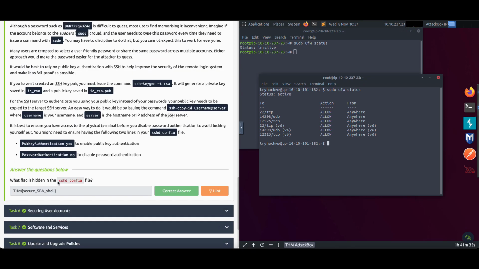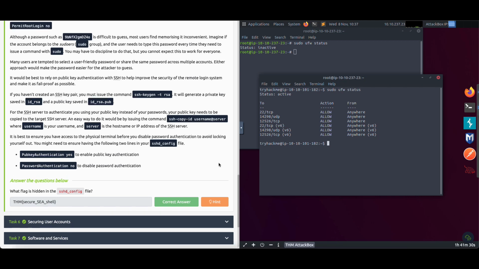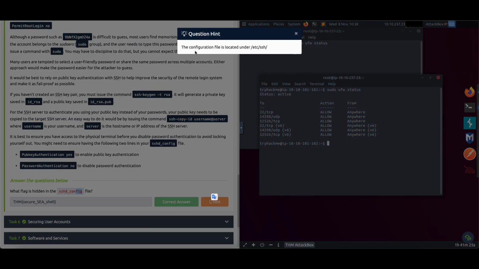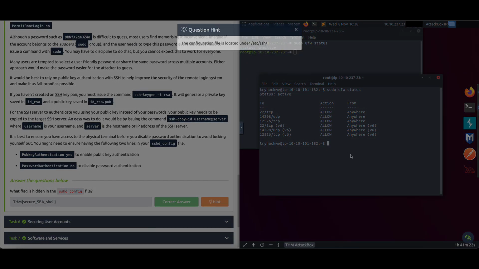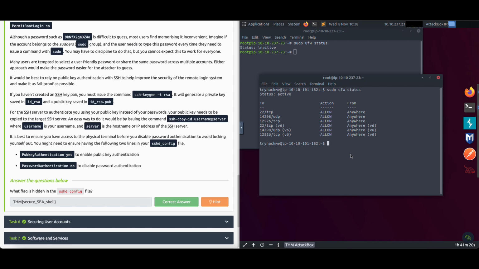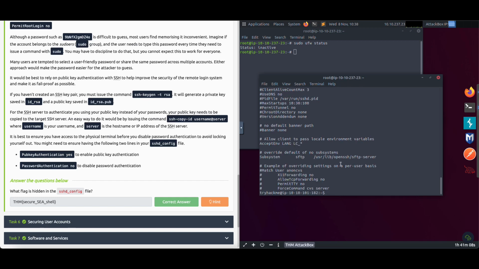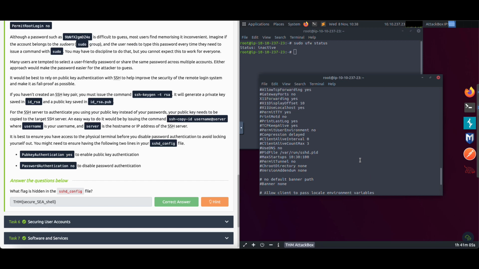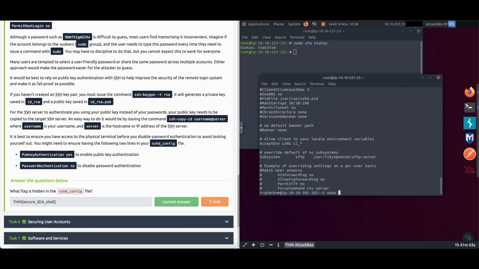What flag is hidden in the sshd config file? To solve this question, we have to find this file. Let's check our hint. The configuration file is located under /etc/ssh, so I can type like that, and then sshd_config. And now here it is hard to find our flag, so let's open this with our nano text editor,